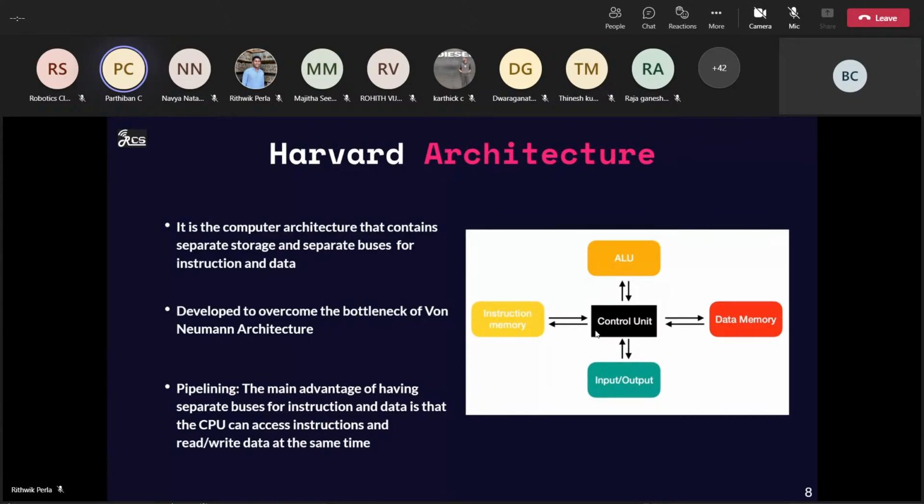Using this, as there we have only one storage unit and here there are two storage units, the bottleneck problem of von Neumann architecture can be overcome here. Now, can anyone tell what is von Neumann's bottleneck problem, as I said before? Anyone? At least you can type in the text box, guys. We'll give you 1 minute, 2 minutes.